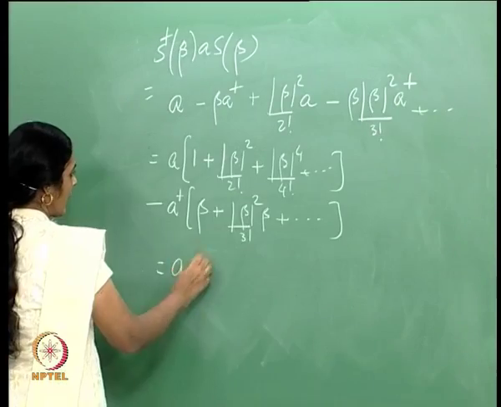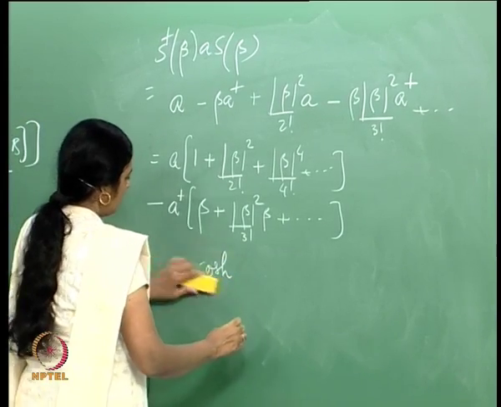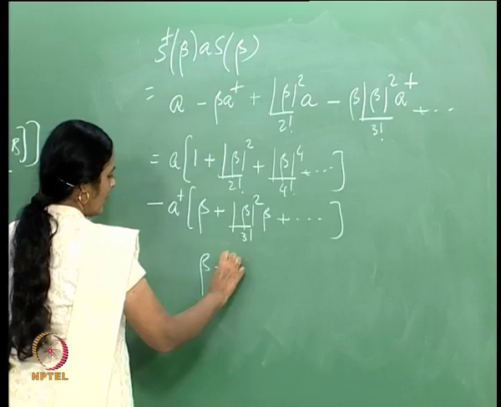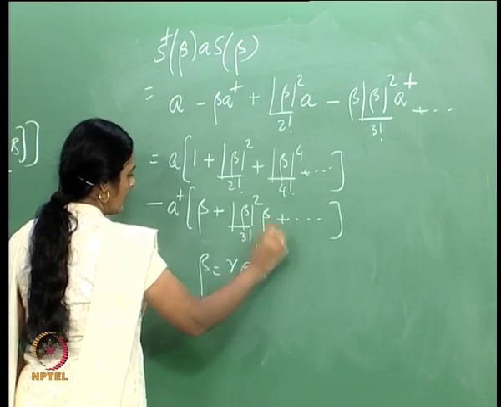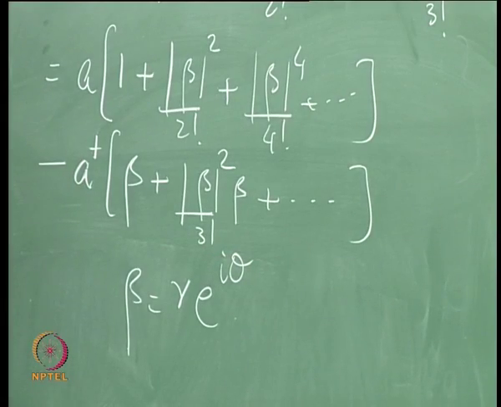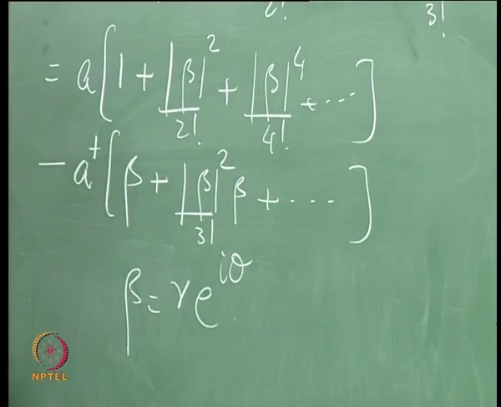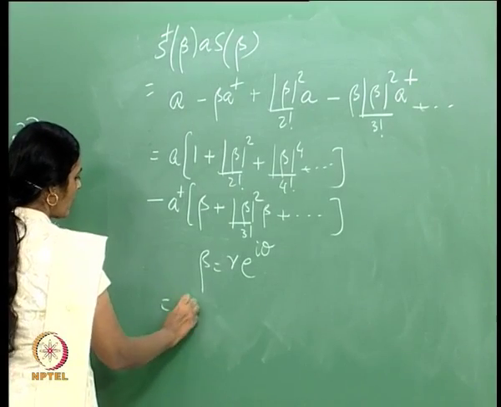That is the same as A, and this is, let me define beta in the polar form as r e to the I theta. So, in the mod squared I just have an r squared and an r to the power of 4 and so on. So, this quantity is A